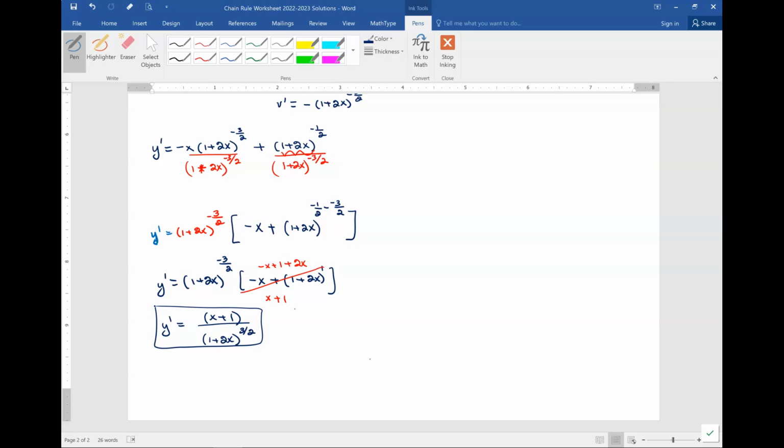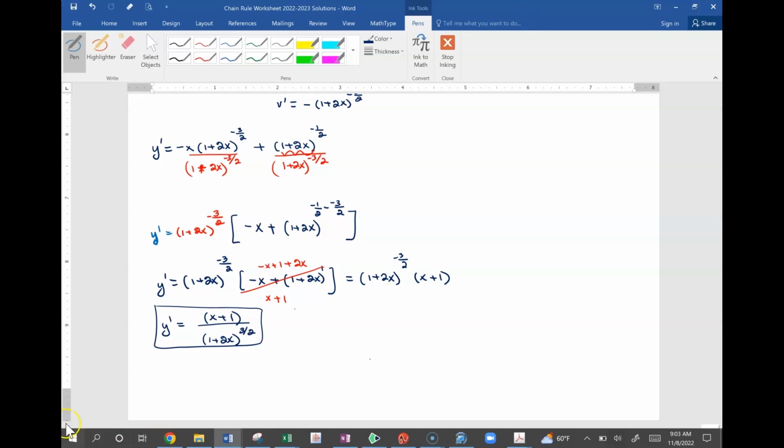Why did the 2x cancel? It did. So we just added negative x plus 1 plus 2x. Negative x plus 2x is 1x plus 1. Right? And then before I moved everything down, what is it that I had here? I had 1 plus 2x to the negative 3 over 2 times x plus 1, right? So whatever had a negative exponent moved down, whatever didn't stayed. Okay, Adam. So why isn't it like 3 over